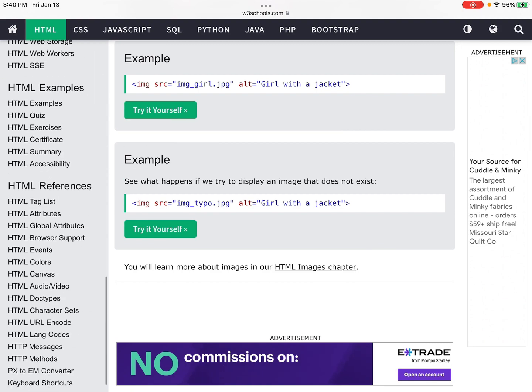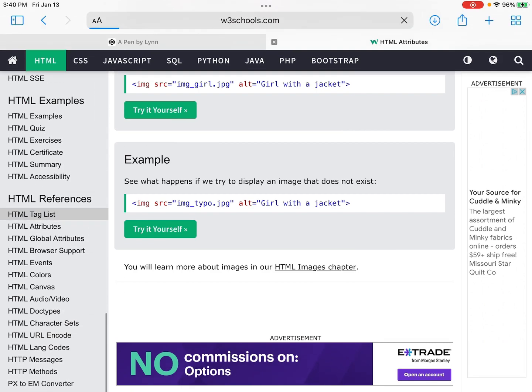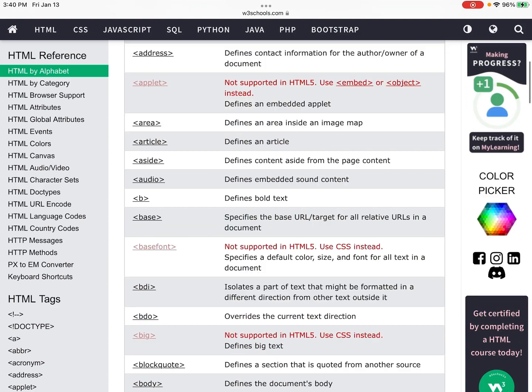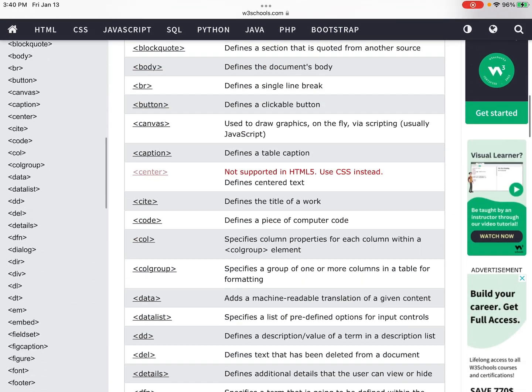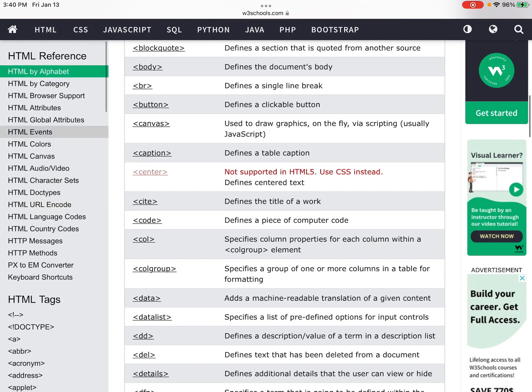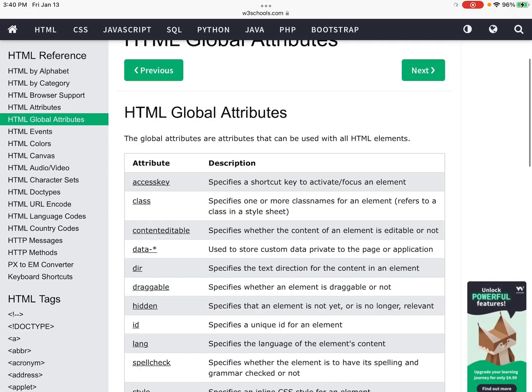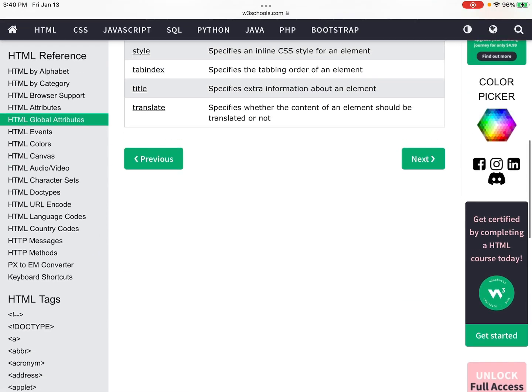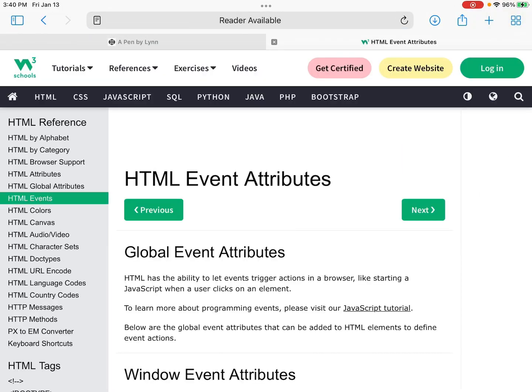But again, remember that down here, there's another way to actually search for these. These are all the tags. And then here's all the attributes that you're going to have. So pulling a few of these out, I've already pulled them out for you. We're going to